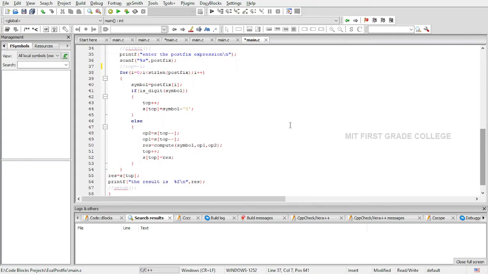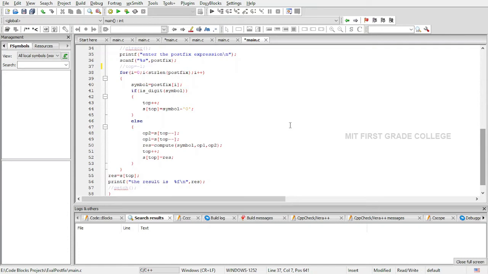Because I am pushing it inside the stack, we all know that before pushing any element inside the stack, I have to increment my top. I increment my top. Then inside the stack s of top, I insert the symbol.